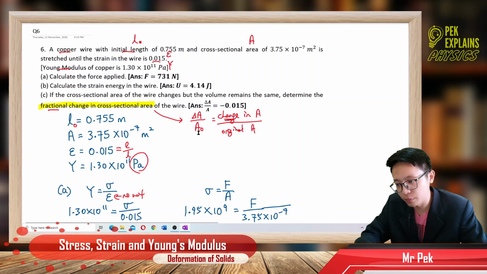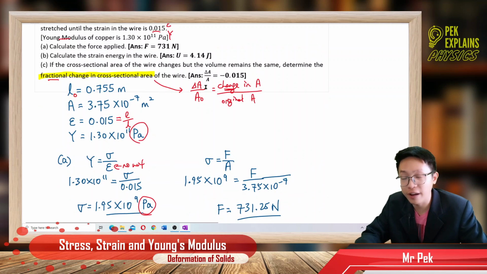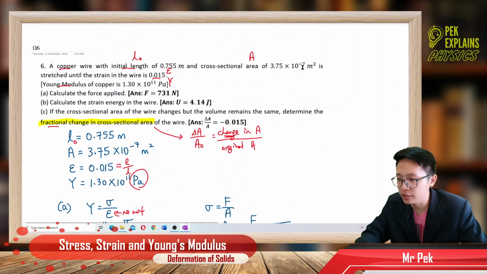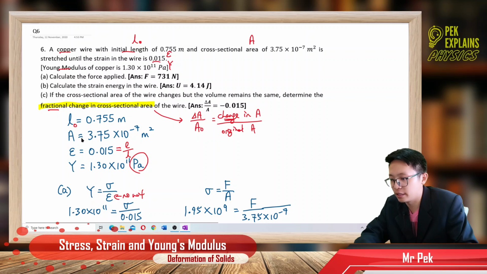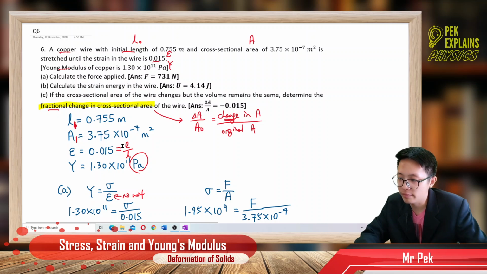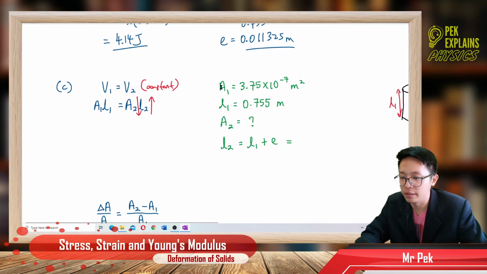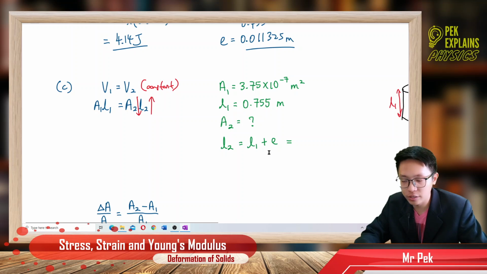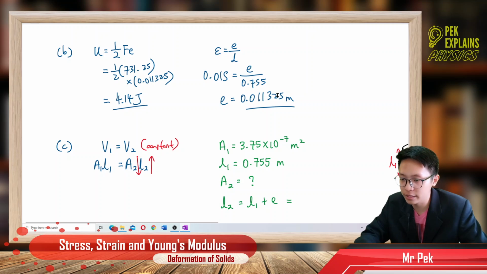So what we need to do is find the change in area. To find the change in area, you must find the final area, A2. I have the initial area, and this is the initial length, L1, A1. Okay, I put it here. So the final length, L2, is the initial length plus the extension. The extension I got just now,